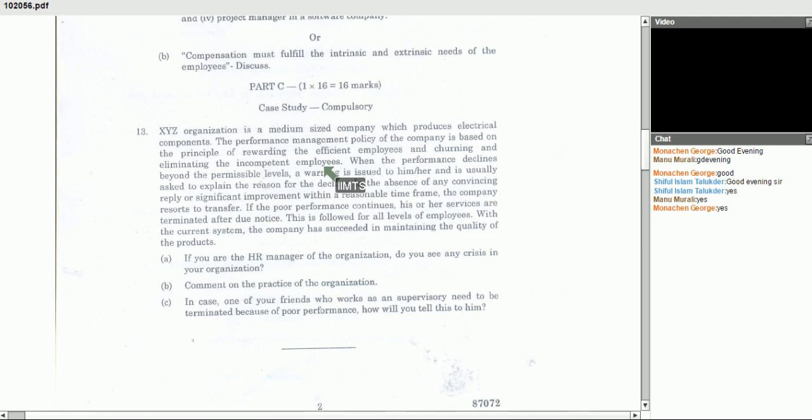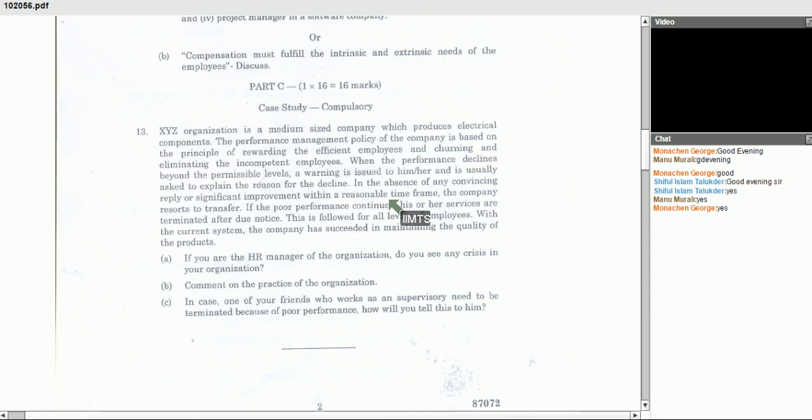So they have their own minimum standard of performance, below which the organization first issues a warning and a notice and asks the reason for the poor performance, in the absence of any convincing reply or significant improvement within a reasonable time frame. If the employee responds and the reply is not satisfactory,